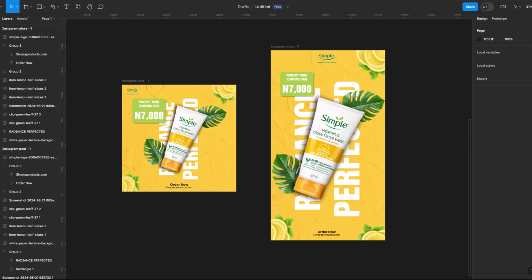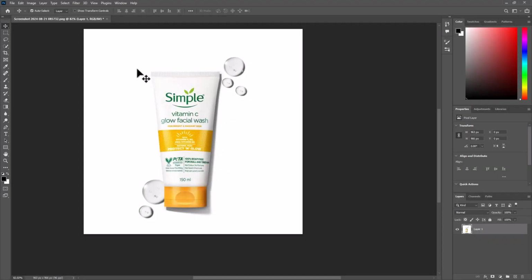Today, we are going to be creating some stunning designs for Instagram posts and stories using Figma. Whether you're a business owner, a content creator, or just someone who loves to make their feed look fabulous, this video is for you. So first things first, I'm going to go into Photoshop to edit some of the images